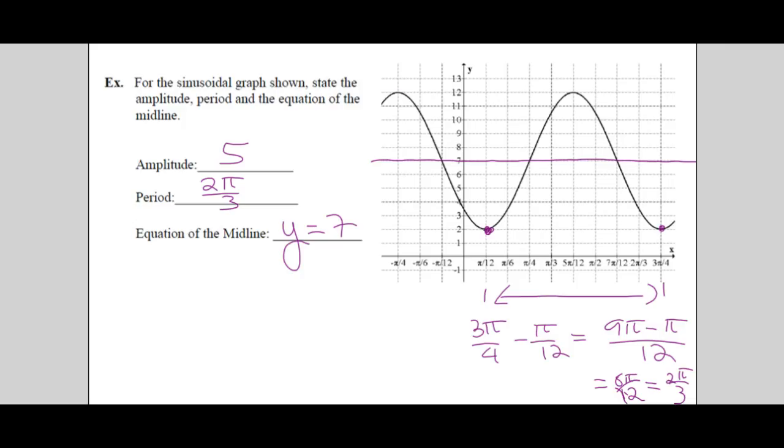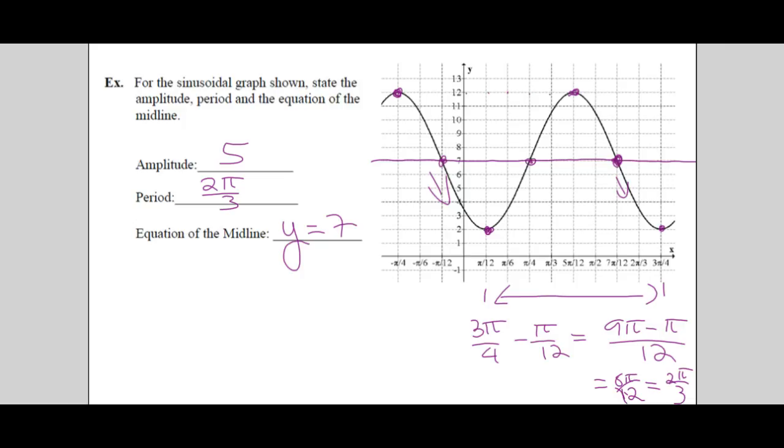You can go from any point back to a point that's one cycle apart, right? So this is starting at the top and ending at the top. 1, 2, 3, 4, 5, 6, 7, 8. Start at the middle going down, and then you're going to get to here, which is the middle going down, right? That's one period apart. 1, 2, 3, 4, 5, 6, 7, 8. Start at the middle going up, and you can't do that because